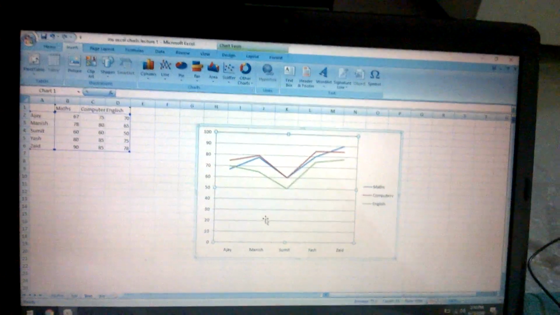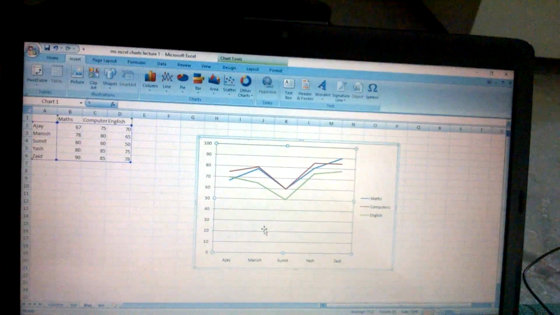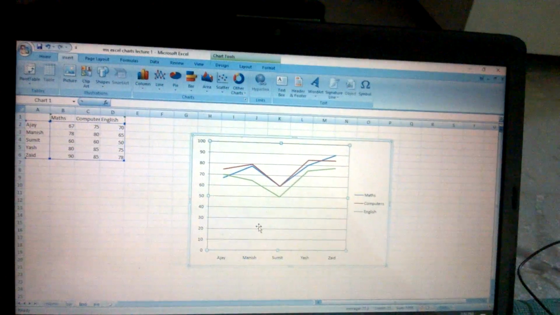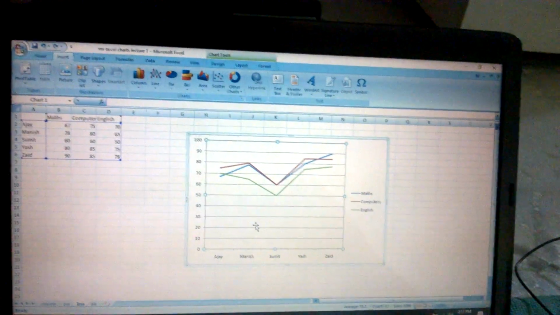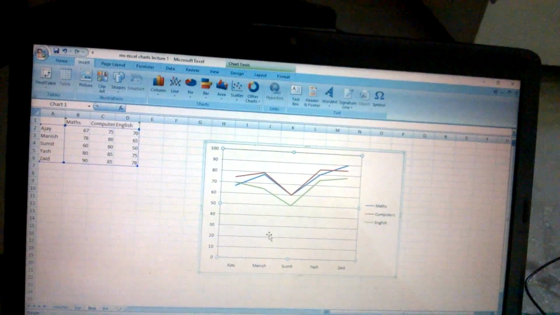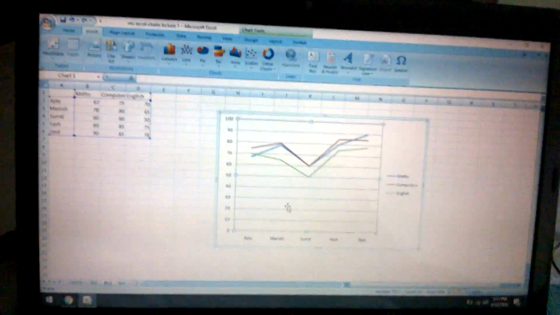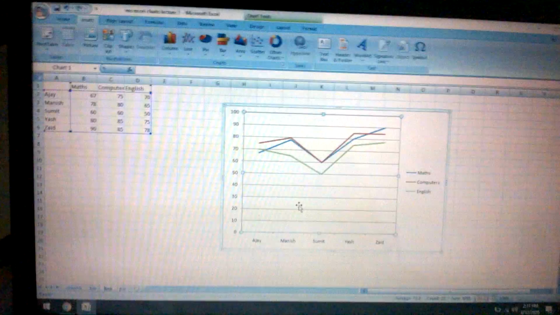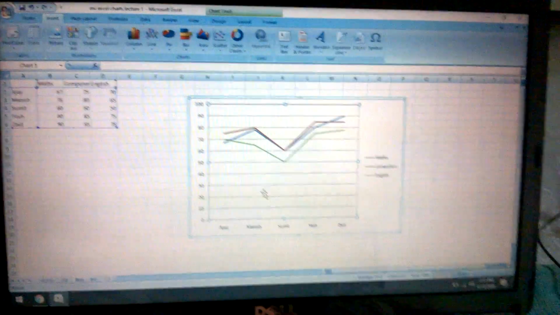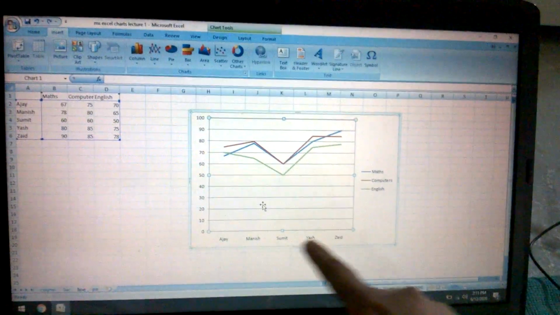Where line charts are used now? They are used to show trend, that is whether something is rising, something is falling, where it is rising, when it is rising, when it is falling. So that kind of trends over a period of time. Okay, so over a period of time. So mainly line charts have time values, that is months, days, years, on x-axis.